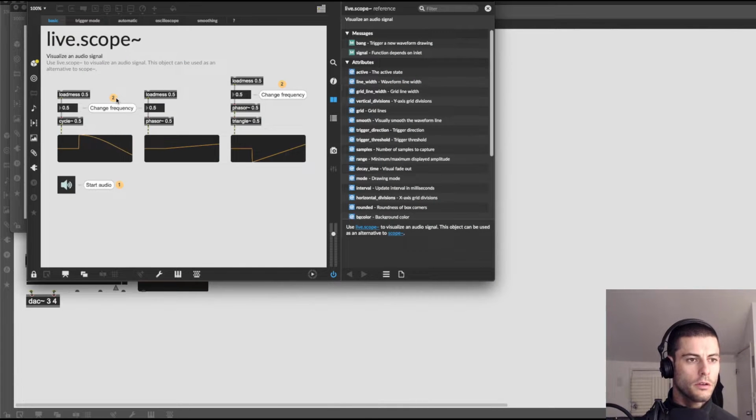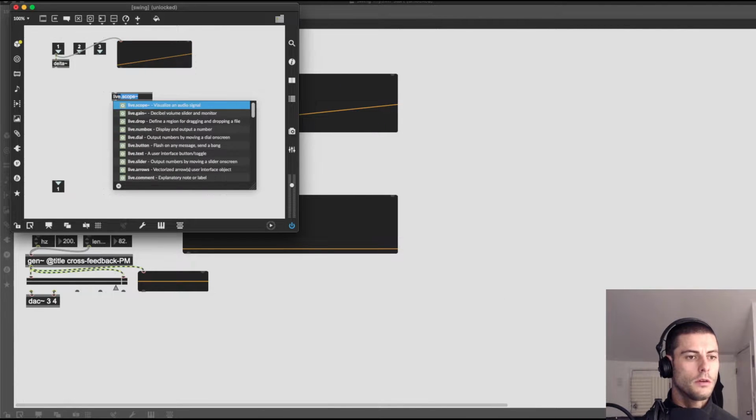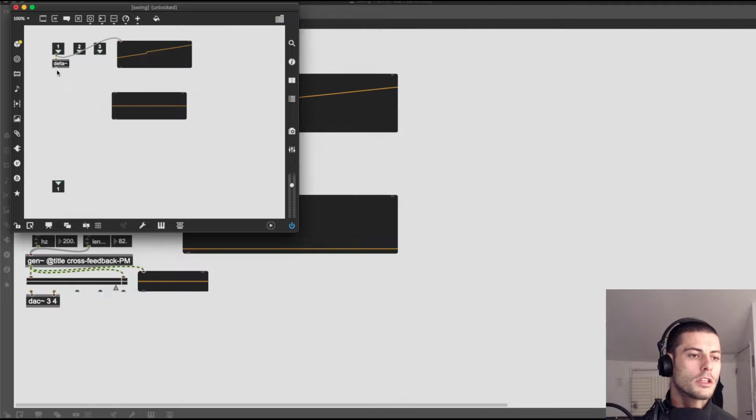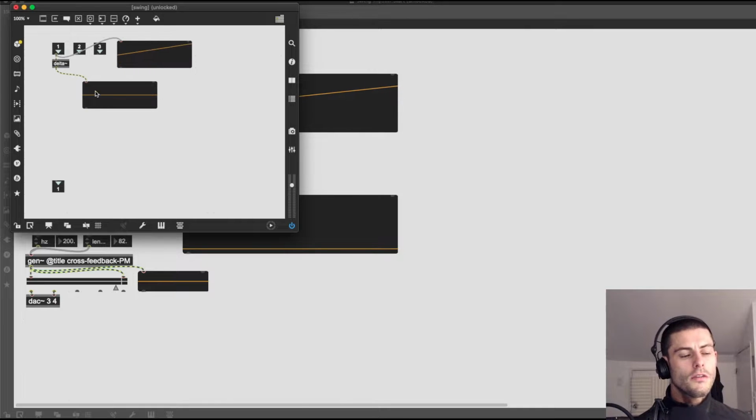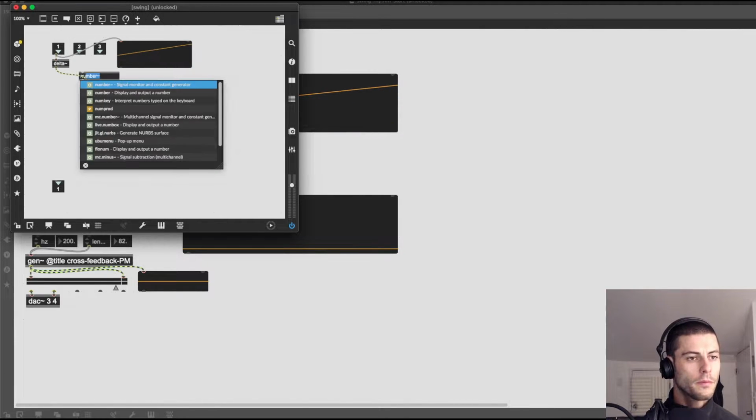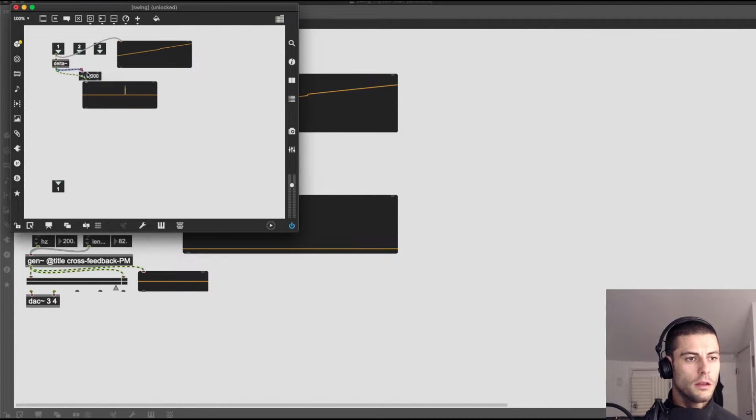So if we create another live.scope and we display what's coming out of that object, what we're getting is this line here is actually very, very slightly above 1, which we could see if we pass that into a number box. But then every once in a while we get a number that is -1, which is when the phasor